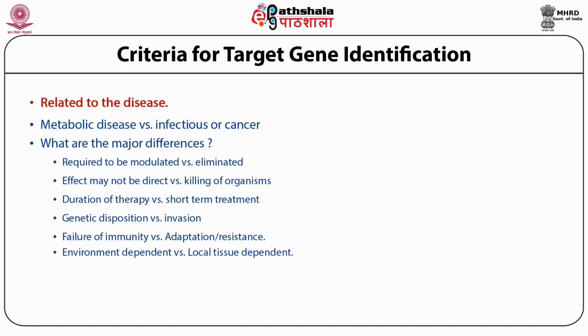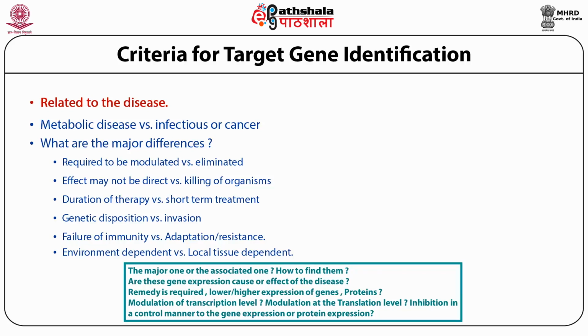This makes the criteria so stringent and different that it leads us to an important issue, which is shown at the bottom. So, how do we find these major or associated factors? Does gene expression cause the effect of the disease? Can we remedy it just because the protein level can be lowered? Can we do modulation at the transcription level or another level? And can we do the inhibition in a controlled manner? Hence, all these questions can only be answered if we understand the flow of metabolites and understand the concept of